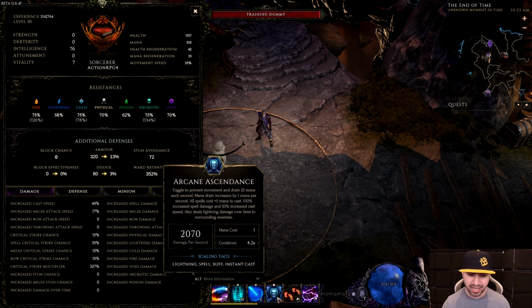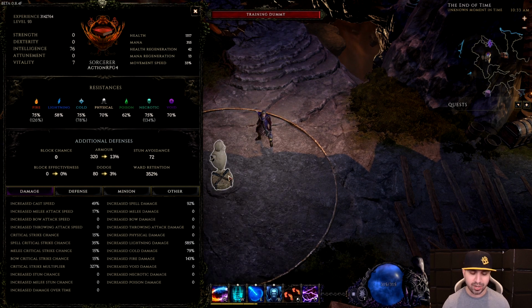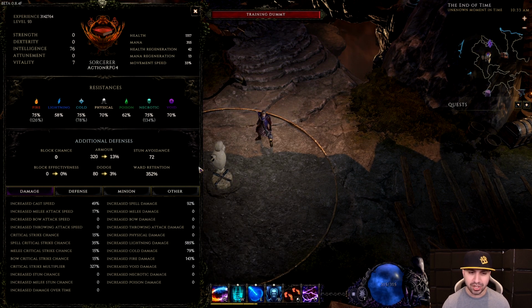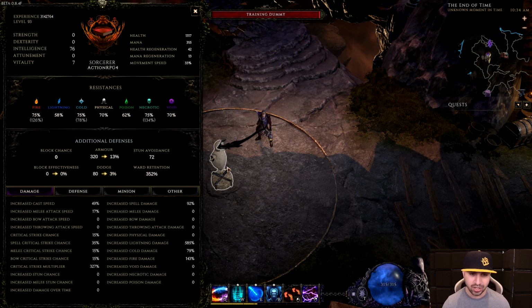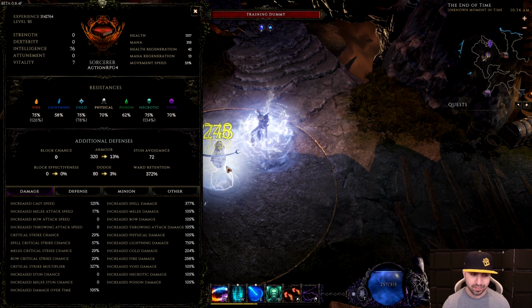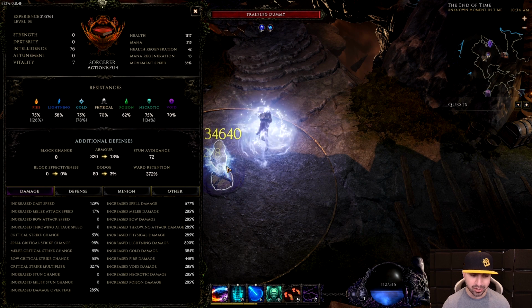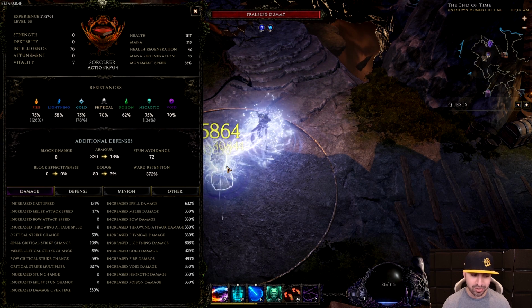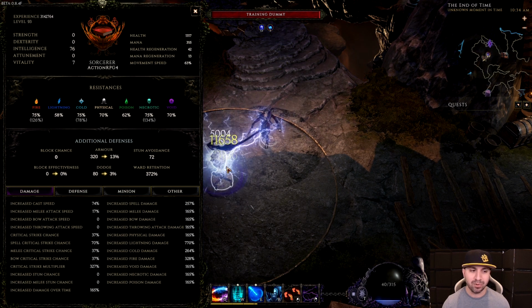Watch what happens when I hit Arcane Ascendance and use Lightning Blast on the training dummy. Now, don't worry about the damage numbers on the training dummy. Take a look in here, okay? Ready? Go. We're now up to over 900% lightning, and our critical strike chance is over 100%. On top of that, our cast speed at one point was at